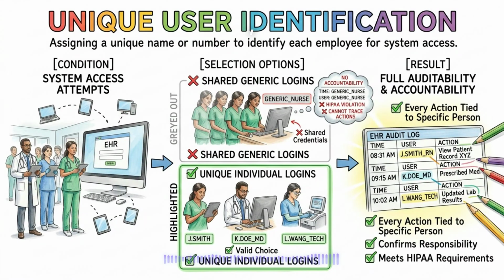Shifting to the digital side, technical safeguards begin with electronic access controls. These are the software-based rules that ensure users can only log into systems they are authorized to use. The most fundamental access control is assigning a unique user identification name or number to every single employee,